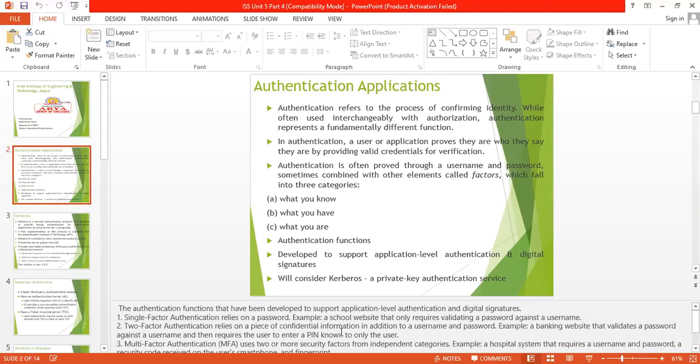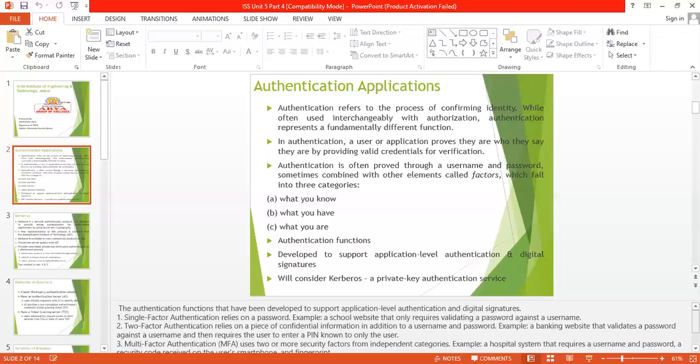While often used interchangeably with authorization, authentication represents a fundamentally different function. In authentication, a user or application proves they are who they say they are by providing valid credentials for verification. Authentication is often proved through a username and password, sometimes combined with other elements, which we call factors, basically divided into three parts. Number one, what you know; number two, what you have; and number three, what you are. After this, we discuss some